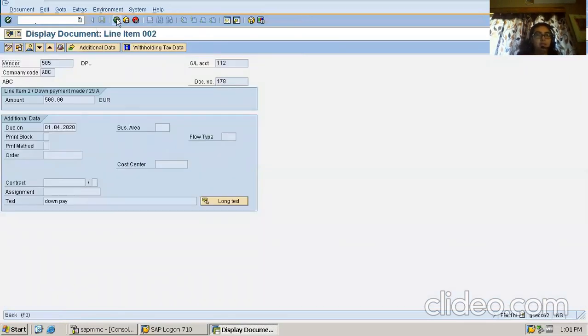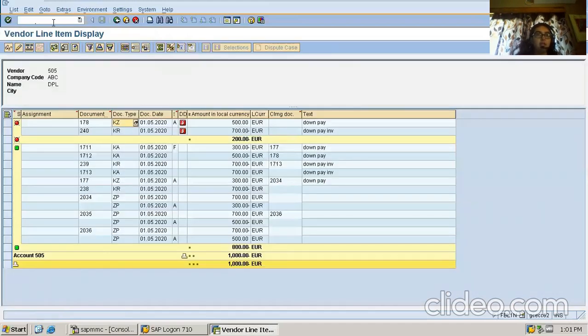Yes, perfect. Now coming back, and I'll be going to F110 and paying the balance amount. See, I do have a down payment of 500 euro, and then the incoming invoice is 700 euro. That means the balance amount is 200, and that balance amount needs to be paid via F110.